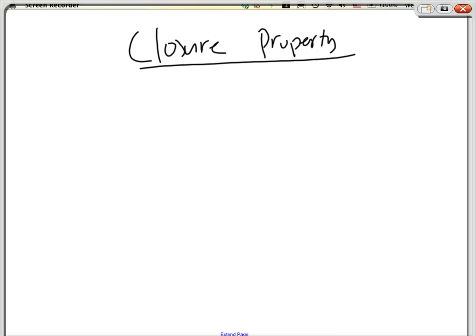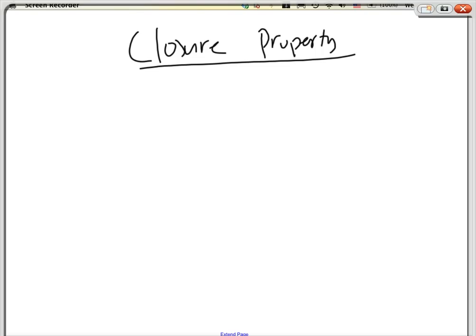Okay, so hold on here. Now the next thing I want to discuss with you is called closure property. I have to squeeze this in, otherwise I will forget. What does it mean though? Well, what it means about closure property is that when you start with one type of number, it has to end with that same type of number.